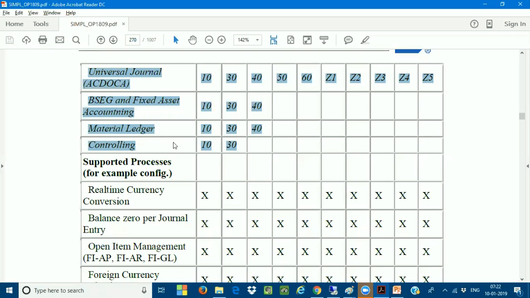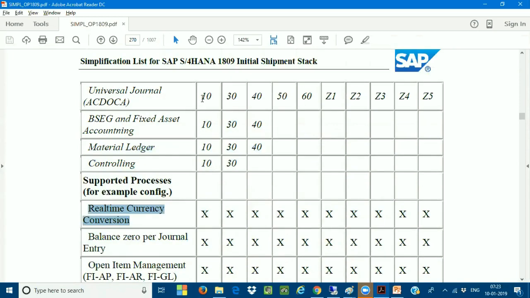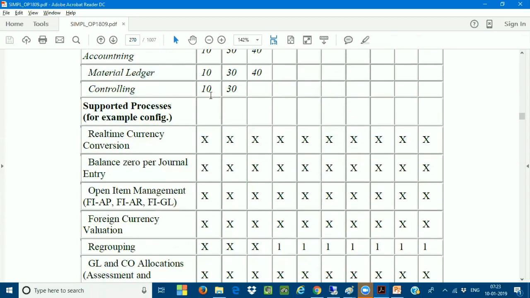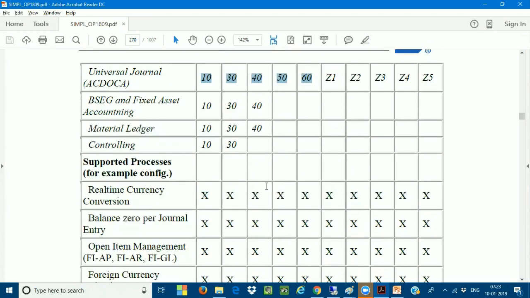And these are going to be called supported processes. Conversions between one currency to another currency: real-time currency conversion can happen between all these currencies. Real-time currency conversion means, like just now I gave Cambodian currency with USD, USD with French currency, USD with the German currency, USD with INR. Like this, real-time conversion is going to happen. If you see the mark, it is applicable for all the fields. So real-time currency conversion can happen for all the fields.